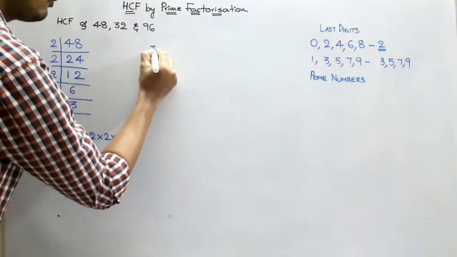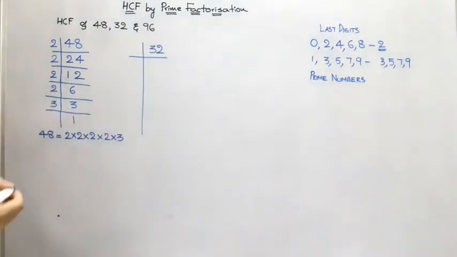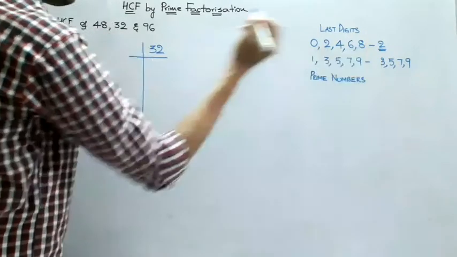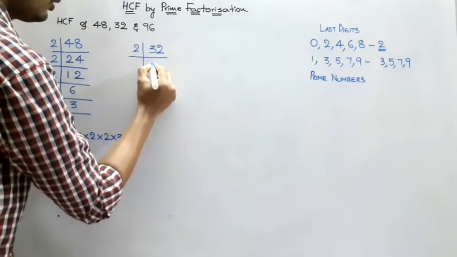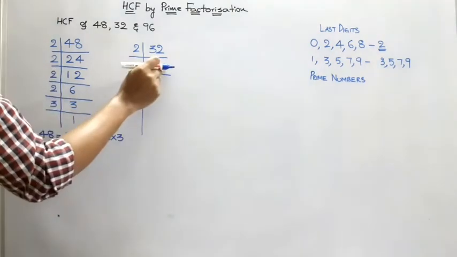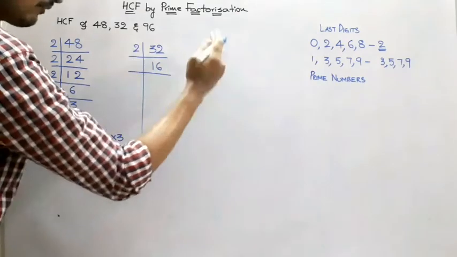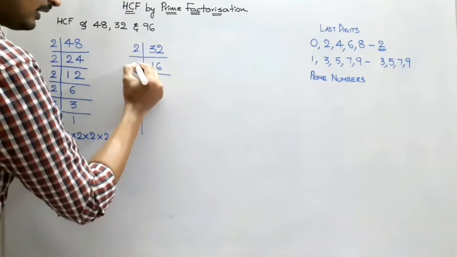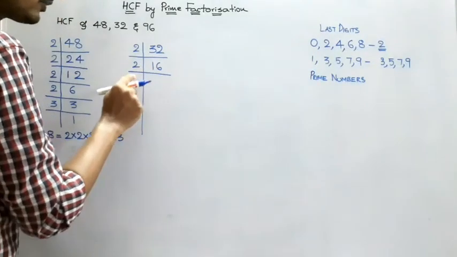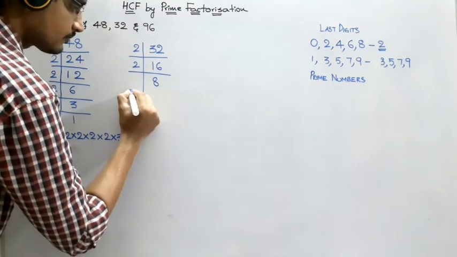Please check the board carefully. 32. Here also the last digit is 2. When the last digit is 2, we have to divide it with 2. 2 16s are 32. If you are not sure about this, do this calculation or division in rough book, or rough space. Next, since the last digit is 6, again it came into first group, so I am dividing it with 2. 2 8s are 16.